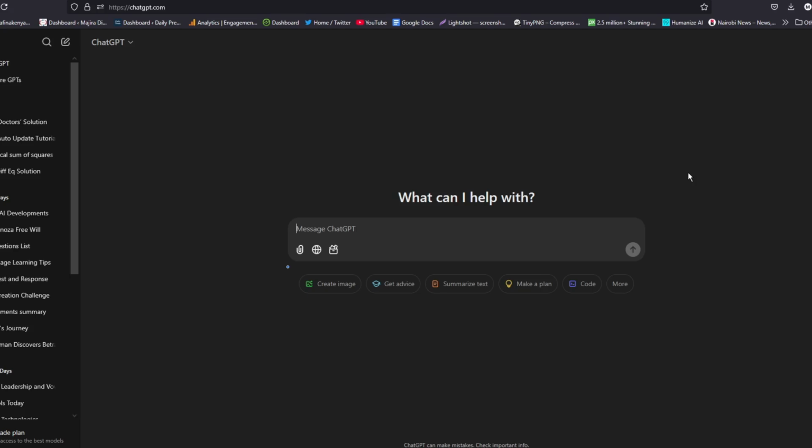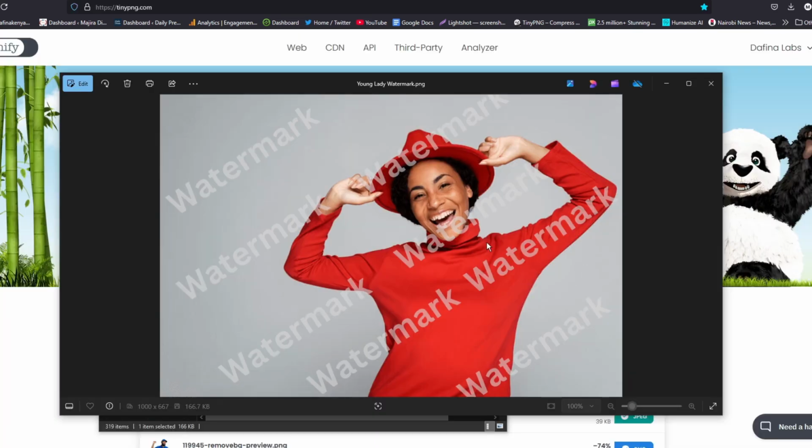In this video, I'm going to show you how you can recreate an image just using two tools. I'll use ChatGPT and another tool. Maybe you have an image like this one and you wish to remove the watermark, or perhaps it does not have the watermark, but you just want to recreate it. I'll show you how we can recreate this image so that we get a similar image from a new creation